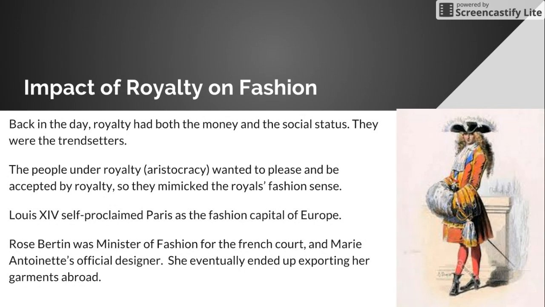So, obviously, people who had money back in the day were able to be fashionable, just like people that have money now are able to remain fashionable if that's something that's important to them. So, royalty had the most money and social status, so they were the trendsetters. People who worked under royalty, so the aristocracy, wanted to be seen and accepted by royalty, so they would mimic the king or queen's sense of fashion. This was most obvious in France